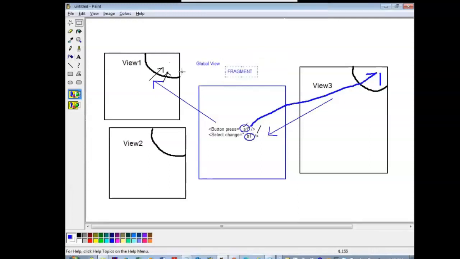Now, a view with a controller is termed heavyweight. View 1 is 1 kg, controller 1 kg, 2 kgs. Here a fragment is only a view. It does not have a controller, so I can term this lightweight.